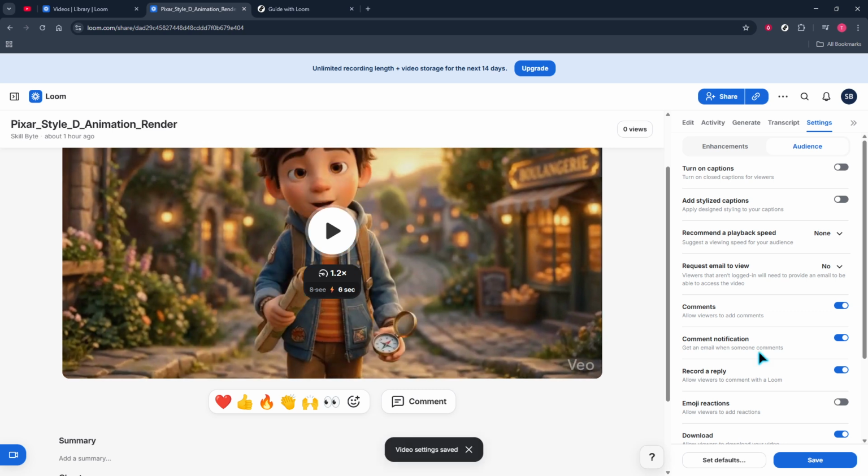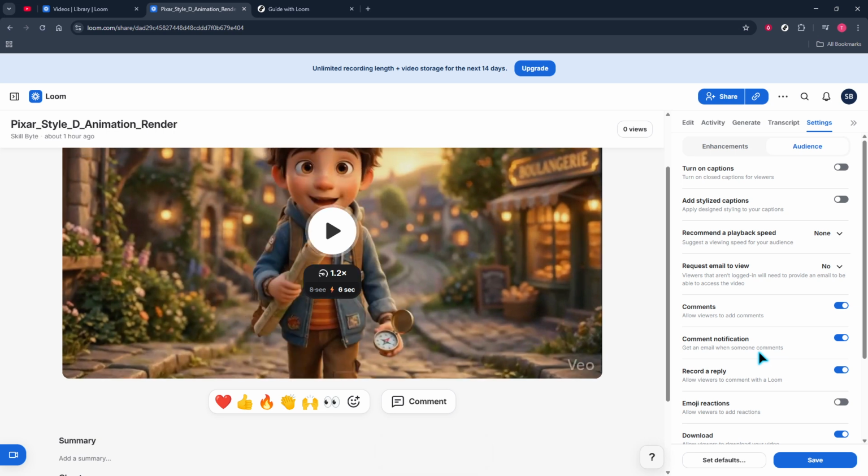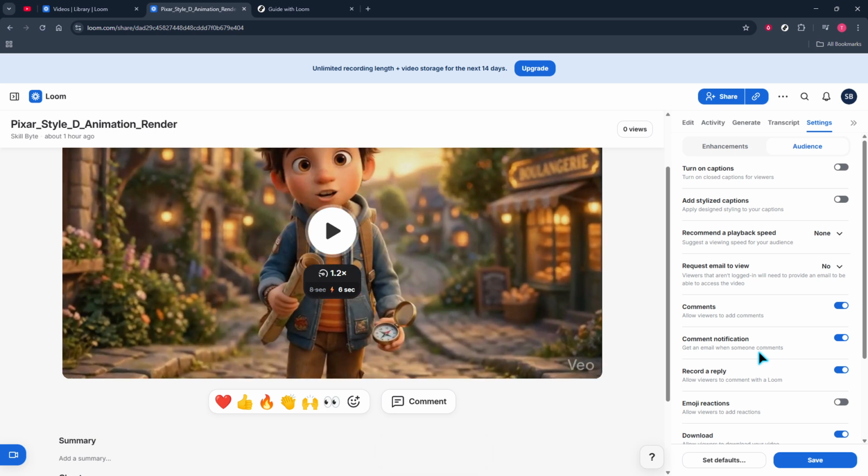This change applies to the single video you edited, so repeat these steps for any other recordings where you don't want reactions. If your sidebar labels look a bit different, sometimes it says videos instead of library, that's fine, the steps are the same. And if you don't see audience settings, make sure you have edit access to the video. That's it. You've successfully turned off Loom video emojis and kept your viewers focused on the content that